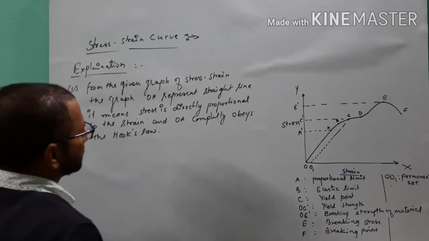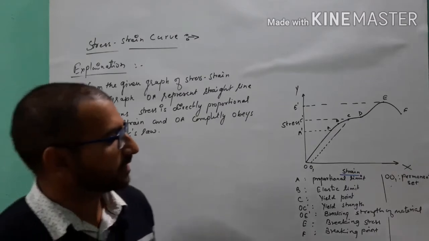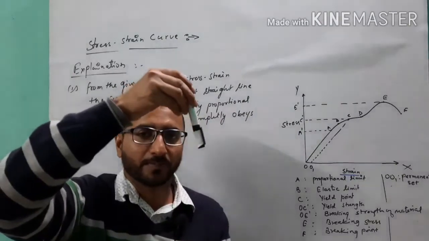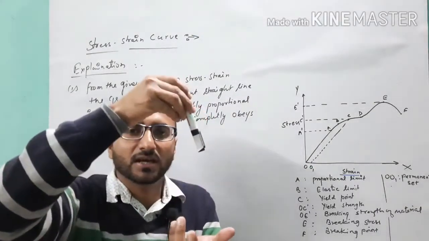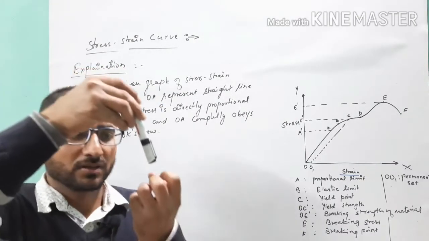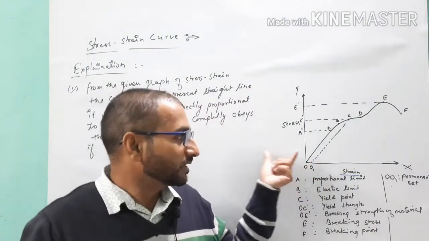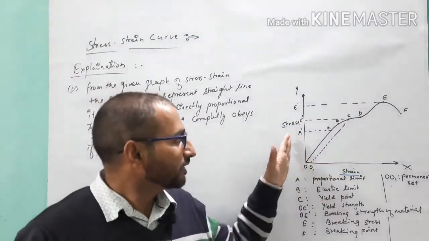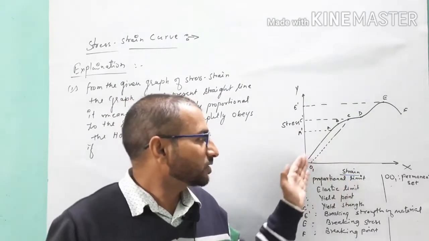Point clear, student? After this we can say, as we know, when we apply some deforming force on the given wire, the length of the wire increases along the direction of the deforming force. If the force is in the inward direction, it will decrease along the direction of force. So overall the strain comes into play if the deforming force is there. Here when we apply the deforming force, meaning stress, on the given wire, because we are talking about a wire, then the strain is also there.